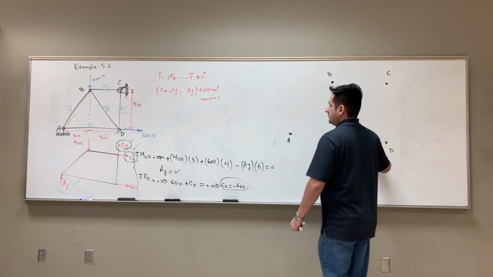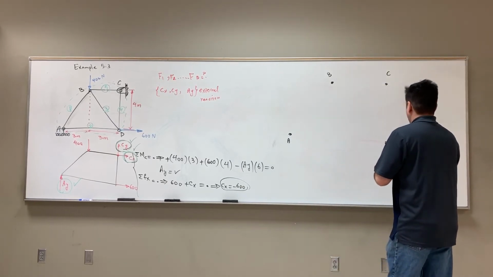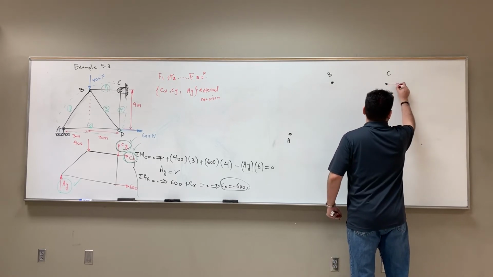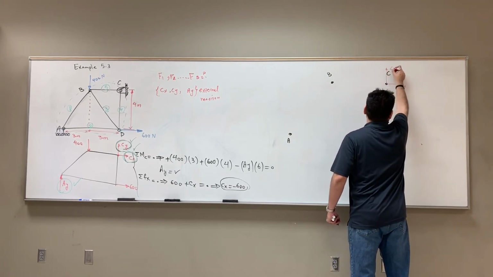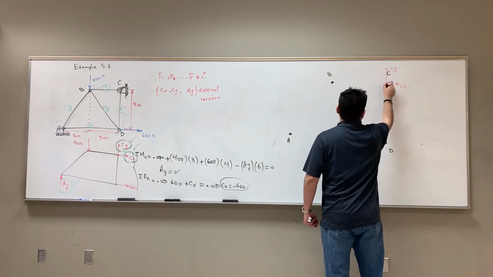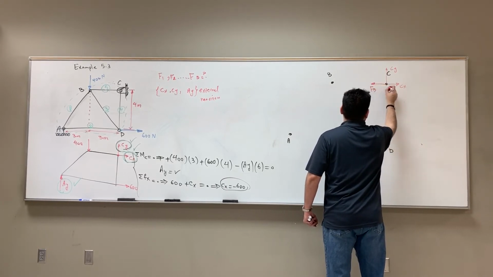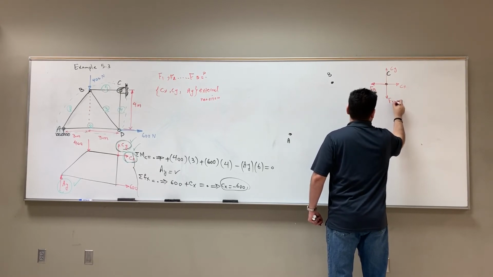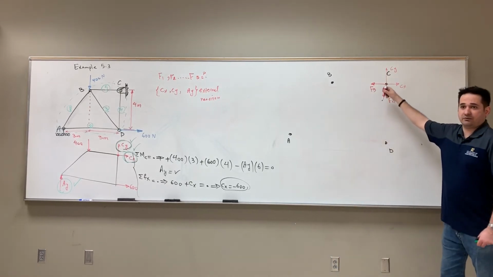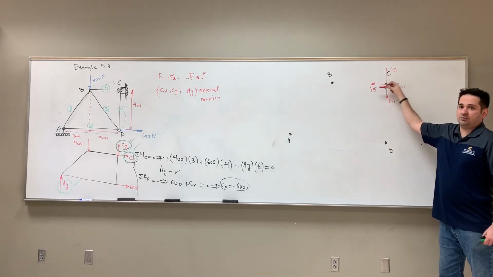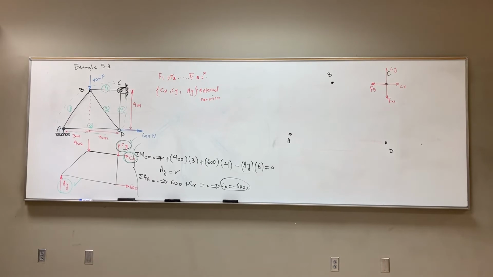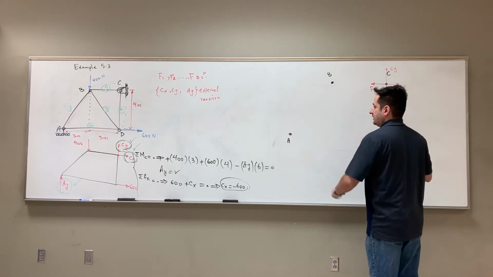A, B, C, D. So what I have here at C is CX, CY, F5, F4. You see, tension is positive. I initially put tension force. If I get negative, that means it's compression. Right? F5, F4, and then I go to